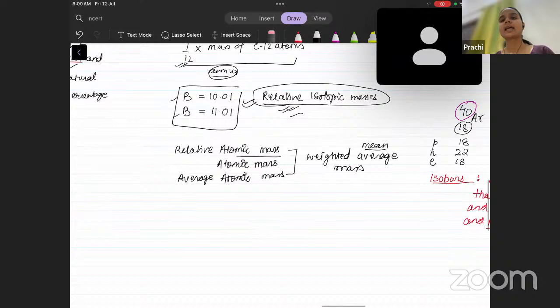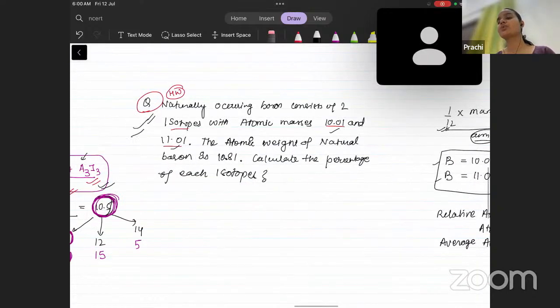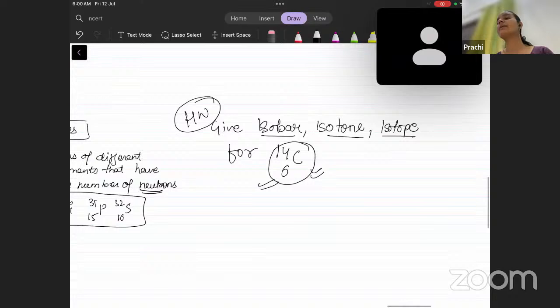And also you have to give the example of isobar, isotone, and isotope for carbon 14, which is one of the isotopes of carbon which does not exist in that much abundance. So the only isotope that is present in maximum abundance for carbon is carbon 12, and the abundance is around 99%. That's why carbon 12 is taken as the reference,